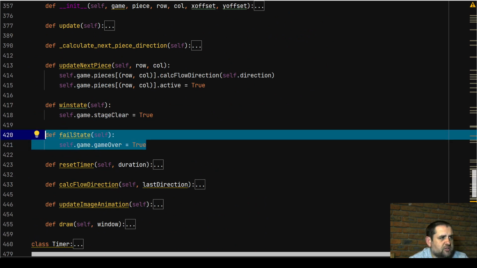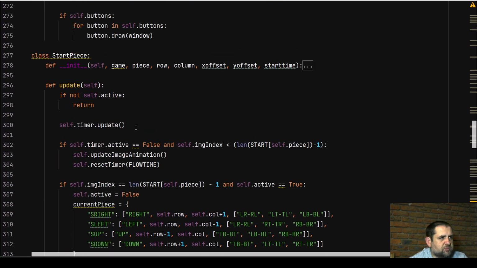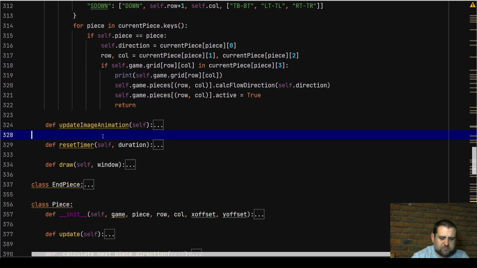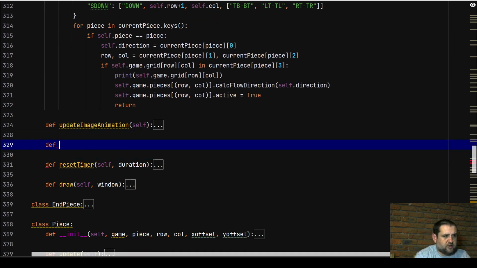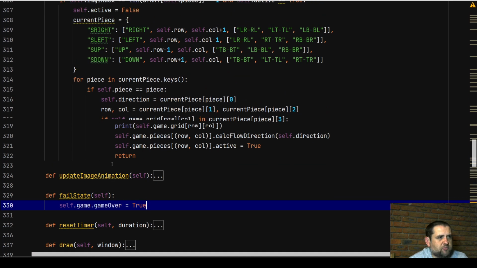All right. So in my start piece, we need to go and insert a fail state method. Just give me one second. All right, so in my starting piece, we're going to do it just below the update image animations method. We're going to define fail state. Right? Straightforward. Self.game.game over. That will be set to true. And this method will be called,